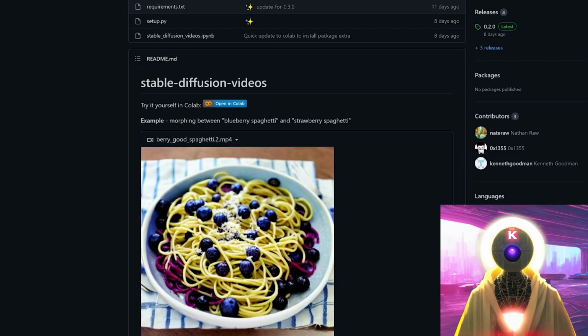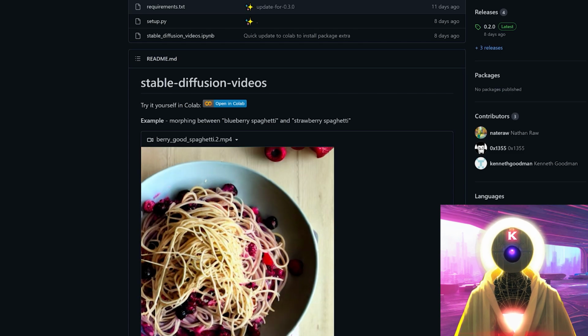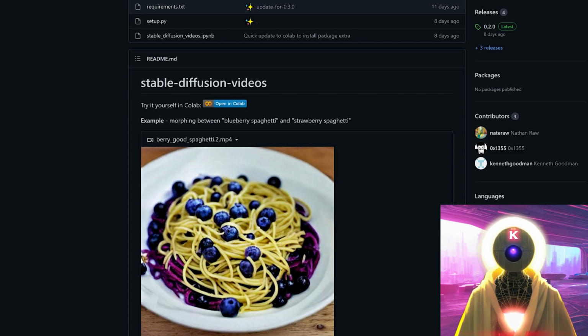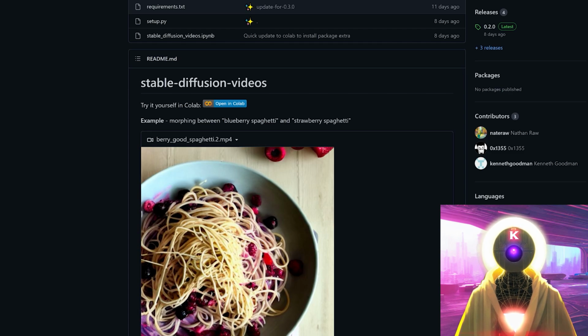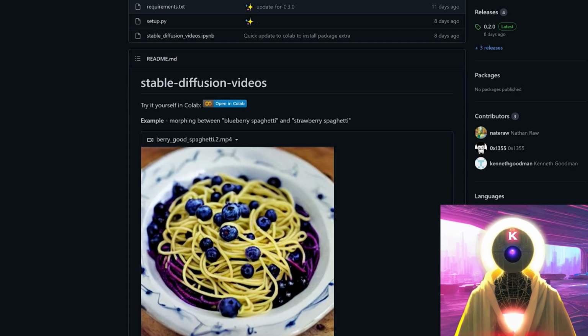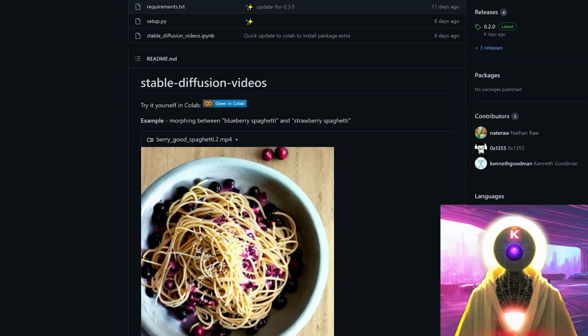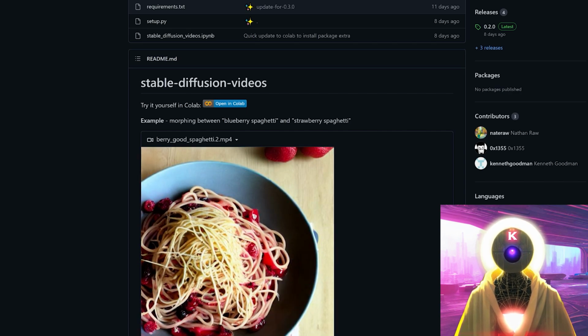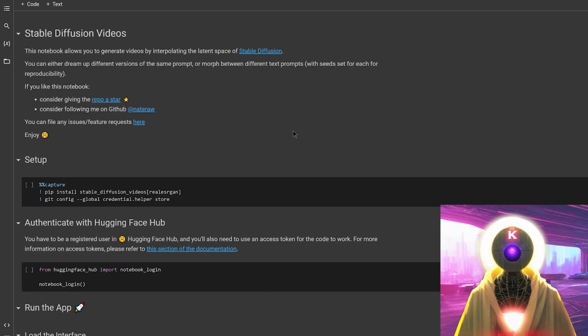Now the second model is called stable diffusion videos, and it allows you to generate videos by interpolating the isolated space of stable diffusion images, meaning that every single image, every single frame of this video will be created using stable diffusion, as you can see in the example here, where it transitioned between a blueberry spaghetti and a strawberry spaghetti. Now to use it, all you have to do is just click on the link in the description down below